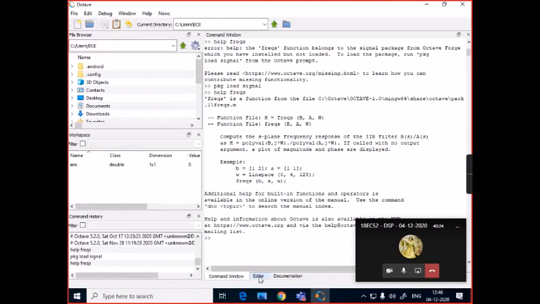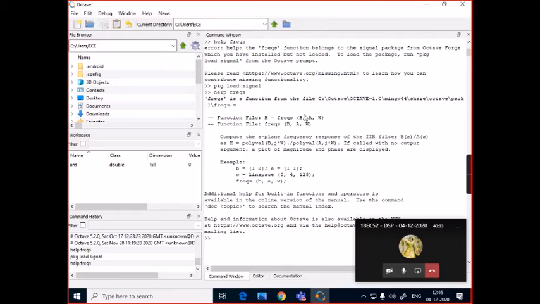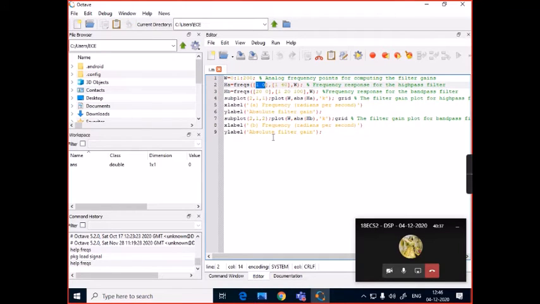So in our program, the arguments used, within square brackets, are 1 and 0. What should be the first argument? The first argument will be the coefficients of the numerator. If you remember, the high pass filter's transfer function was S divided by S plus 40. The coefficient of S is 1 and the constant is 0, so it is 1 comma 0.